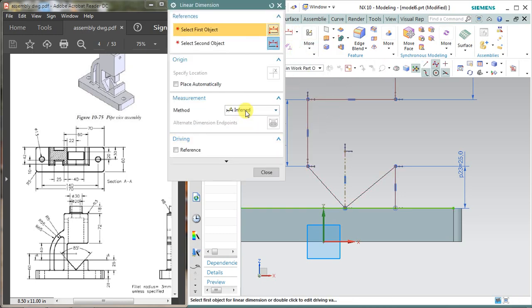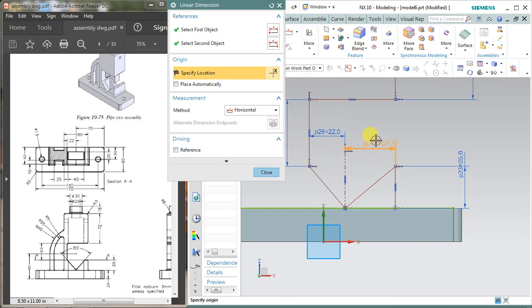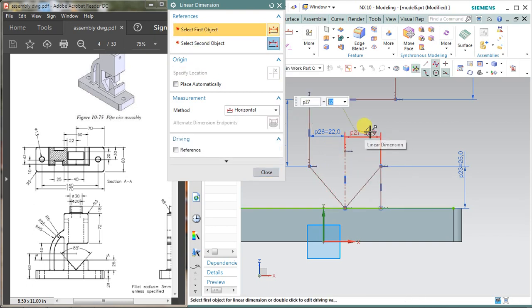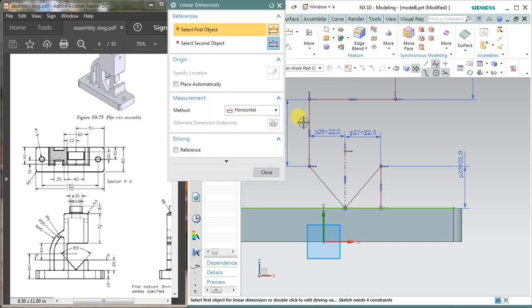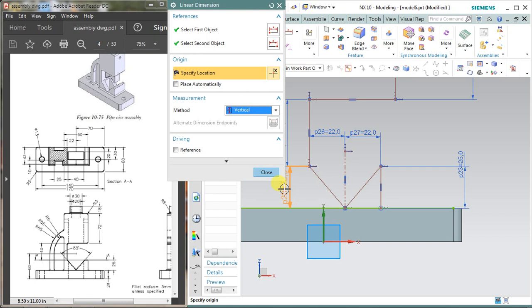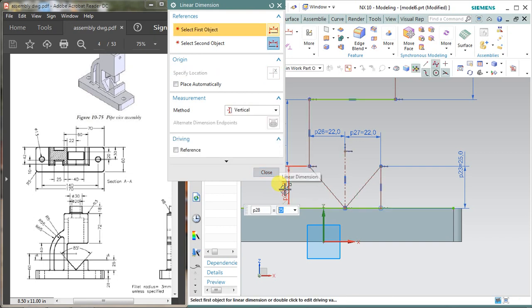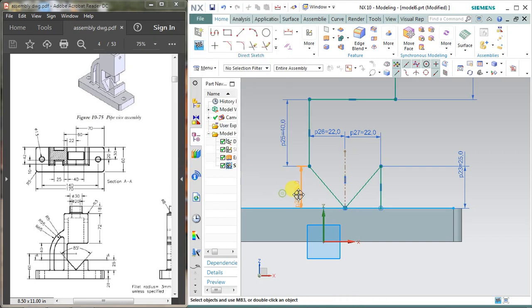Select linear dimension. Again I need to select horizontal. This point and this point should be 22, and again this point and this point should be 22. It could be 85 or 22, but in my opinion give 22 to it. And again 25 dimension, select vertical, select this topmost point and this bottom line, and assign 25 dimension.